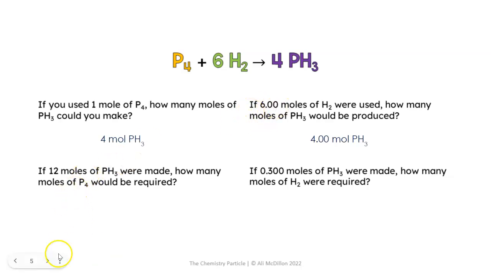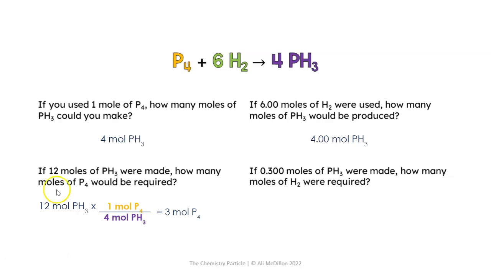Then the next one, if 12 moles of PH3 were made, how many moles of P4 would be required? Well, this would just be working backwards, right? So if we start with 12 moles of PH3, we know that there are 4 moles for every 1 of our phosphorus, so you would just have to divide by 4 in this instance, which would give us 3 moles of our P4. Okay, and we will set this up like a conversion factor as we have done with our